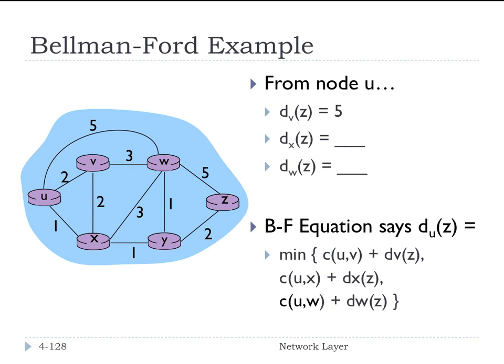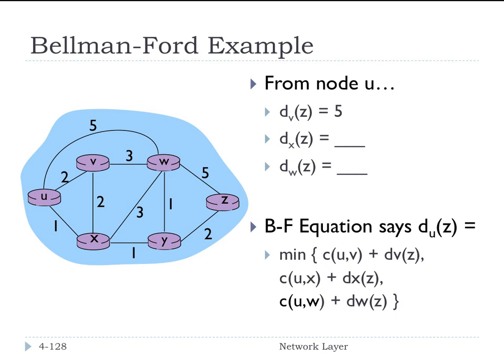We're trying to find the least cost path from u to z, and we know the cost of the least cost path from each of our three one-hop neighbors. That's what we just figured out here: 5, 3, and 3. So the Bellman-Ford equation says that this least cost path d sub u of z is whatever is smaller: the cost to get from u to v plus the d sub v of z,